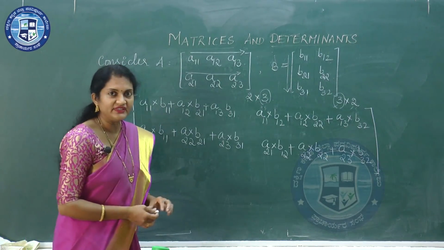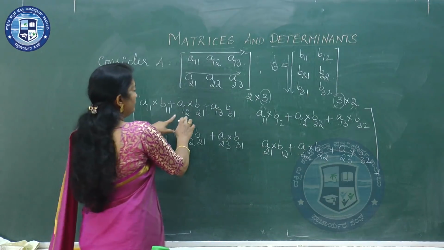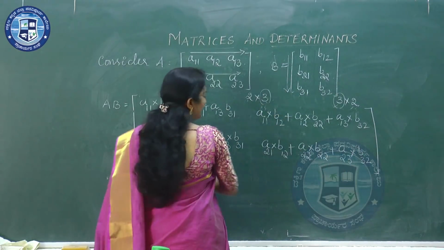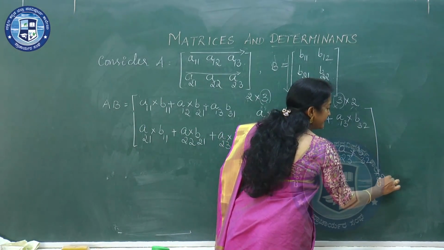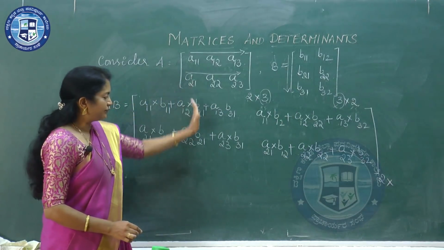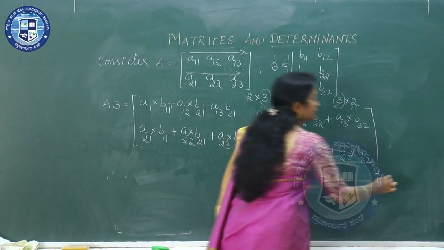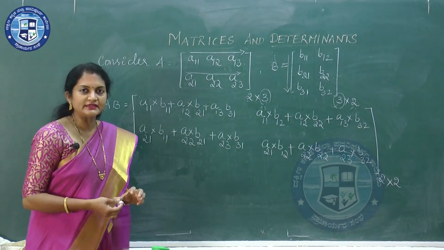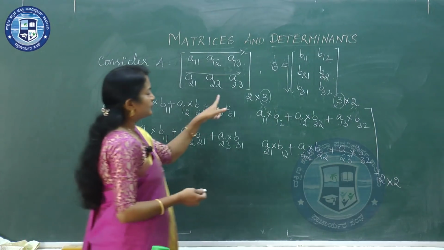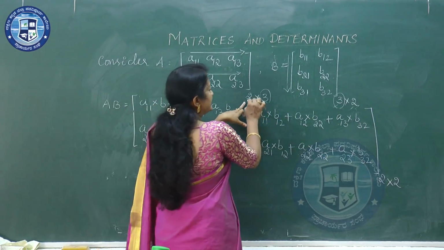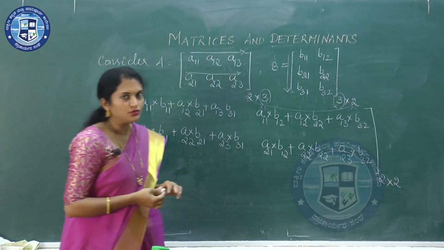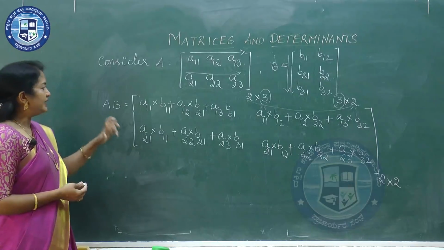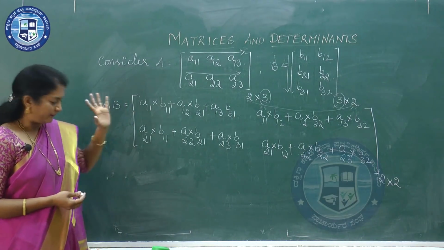Now what is the order of this matrix product AB? First one element, two elements forming one row, and here one more row. Two rows are there. How many columns are there? 1, 2. Two columns are there. So the resulting matrix is a 2 by 2 matrix. As I told, when we are taking AB, the resulting matrix will have 2 by 2 order. We got a 2 by 2 order matrix. This way we will be multiplying A with B.